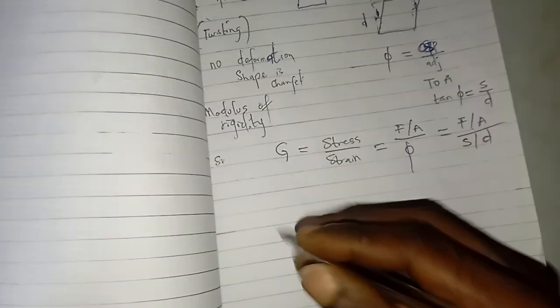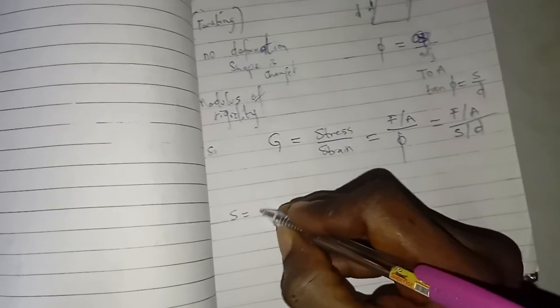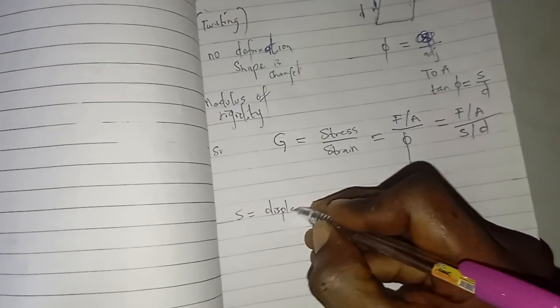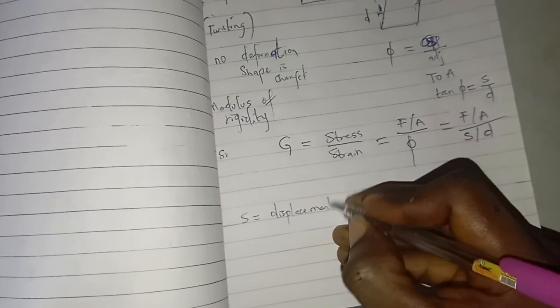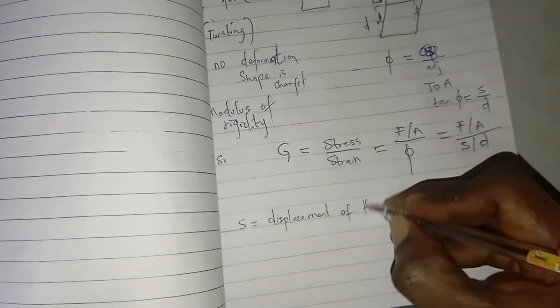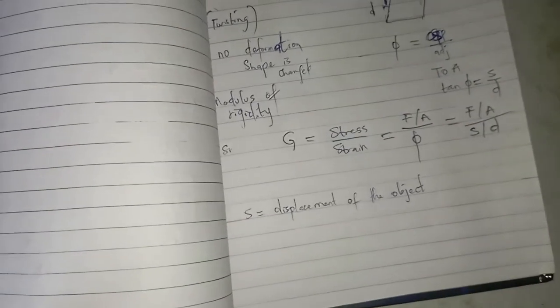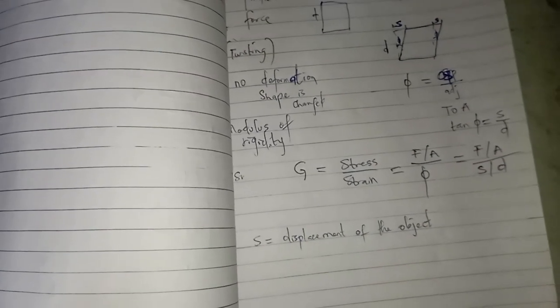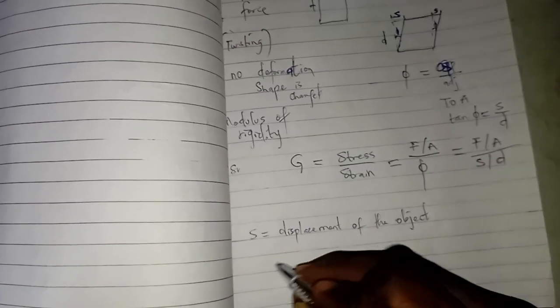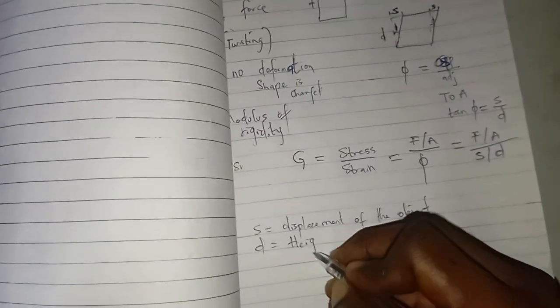So D, I say S is the displacement of the object. So this shear modulus, I owe you a video on this shear modulus. I will come back to do it when I understand it the way I love to understand things. Then the D is simply the height